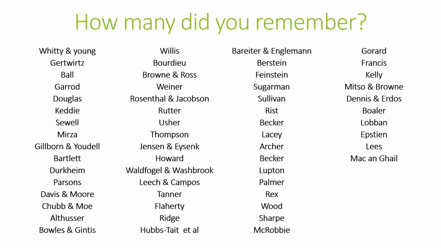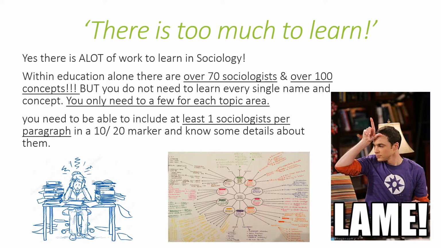They're always the core thinkers, the ones that are always within sociology. So you know, Durkheim, Parsons, Althusser. Some of these key thinkers are fairly familiar names. They're always popping up. But as I say, these are a selection of some of the key thinkers from this topic. Now you might be saying there's too much to learn, there's too many thinkers, there's too many concepts,